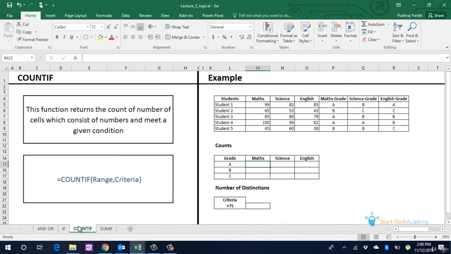Next we move on to the COUNTIF function. Although this is part of statistical formulas in the formulas menu, we will discuss it with the logical IF formula only due to its similarity with the IF function. COUNTIF returns the count of cells which satisfy the given criteria. Here, if we want to identify the number of students who have scored grade A, B or C in every subject, we type is equal to COUNTIF,